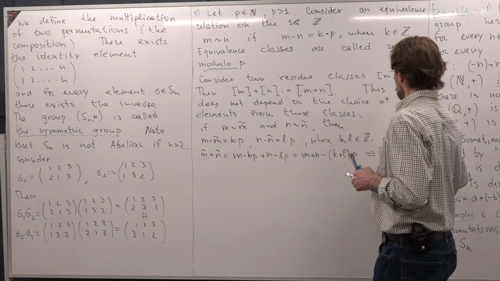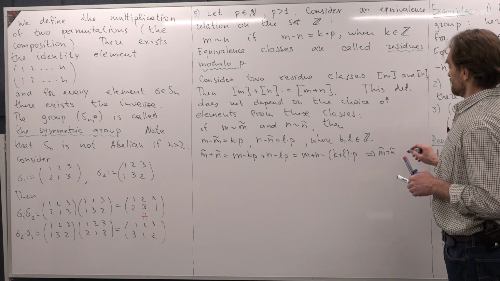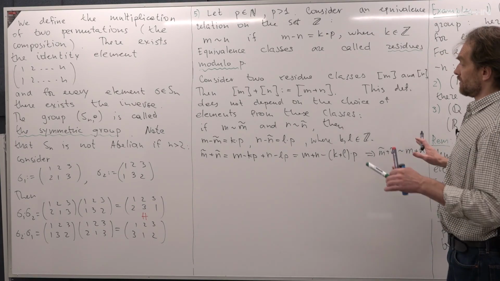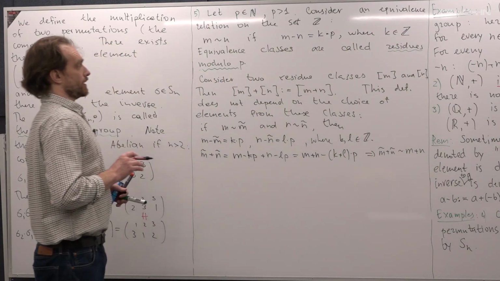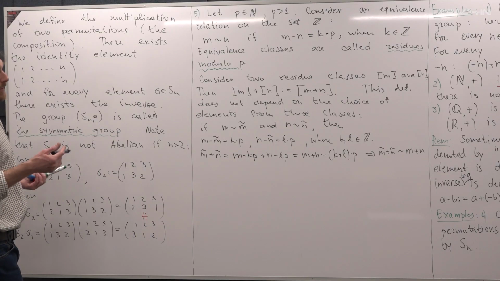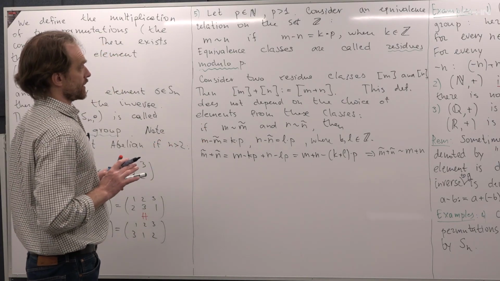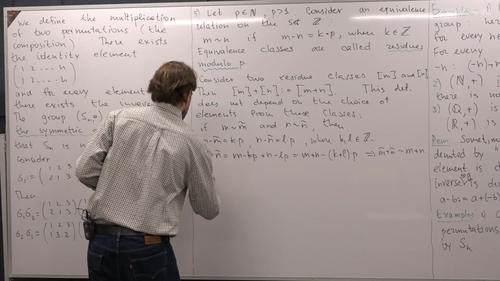So we get that the sum of the elements M tilde and N tilde is equivalent to M plus N. So they belong to the same classes, and so that's why this operation is well defined. So we have this kind of operation on the classes of residues and denote